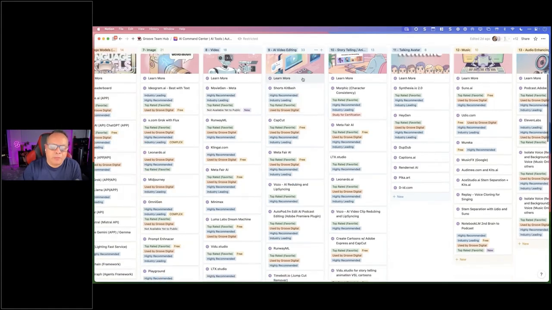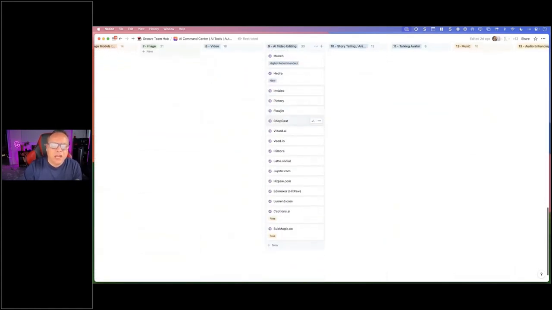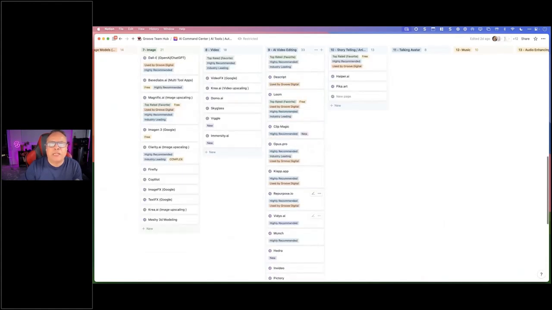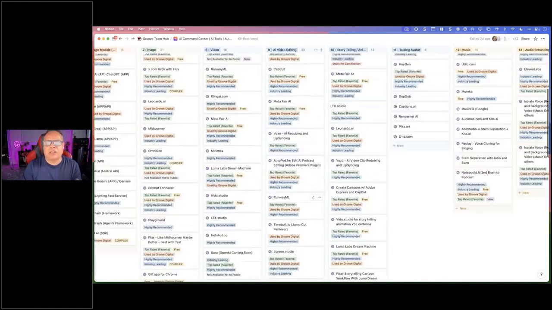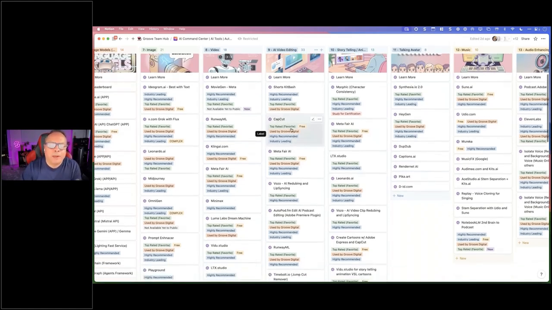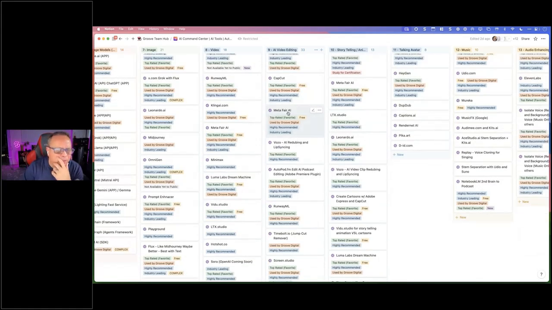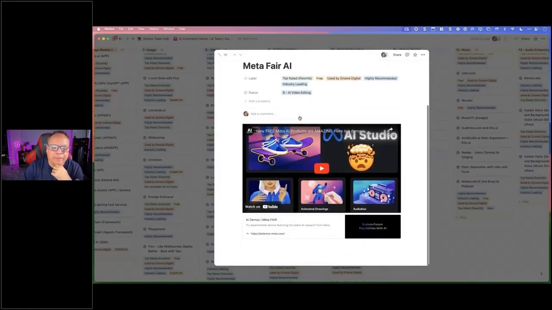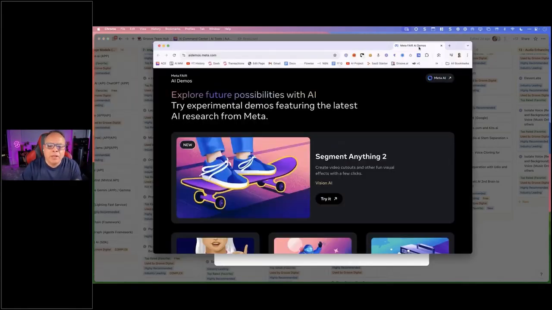AI video editing. This one is probably one of the longest ones, and I'm probably going to cut this into 3 different categories because some are just repurposing shorts, some create all the content for you, and some are actual video editors like CapCut. But if you haven't even heard of Metafair AI, this is a really incredible tool